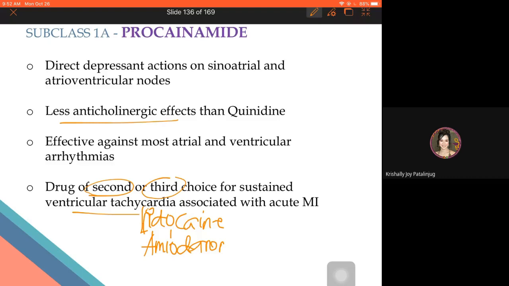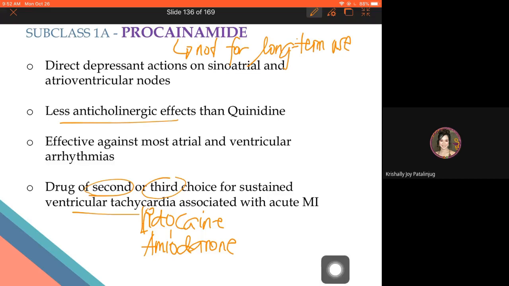Now, bakit procainamide? Alternative lang siya. The reason is that ang procainamide is not recommended to be administered long term. Again, ang procainamide not for long-term use kasi